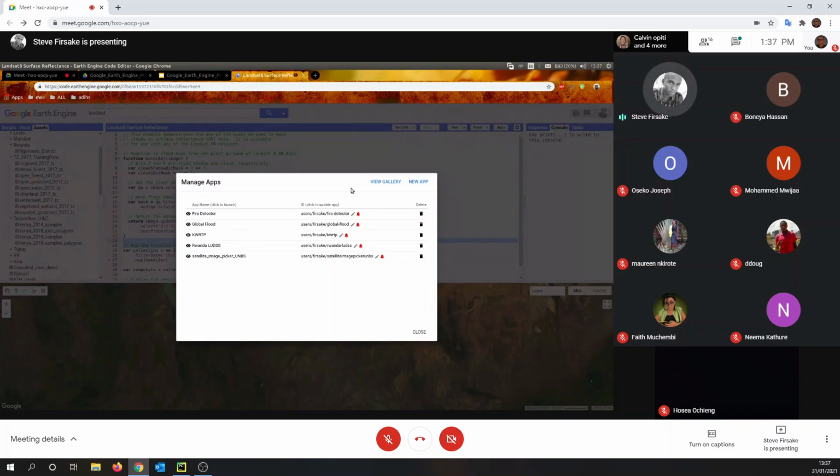Usually, a long time ago, when Google Earth Engine started, all resources were free. Then there was a time when a guy called Noel Gorelick visited us at RCMRD, one of the software engineers who built Google Earth Engine. So I asked him, why is it that we can only write code and just get data sets, but some of us would want to create fancy-looking apps or applications? We would want to create an application